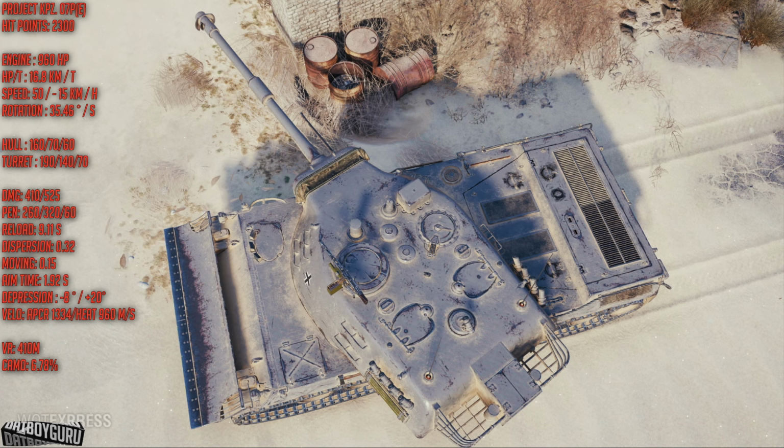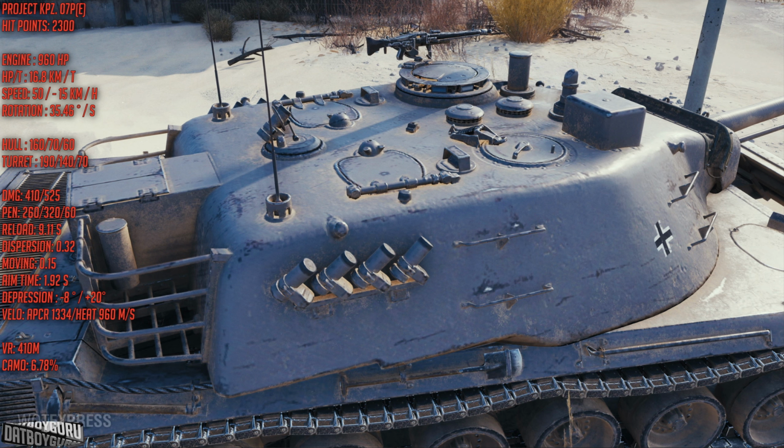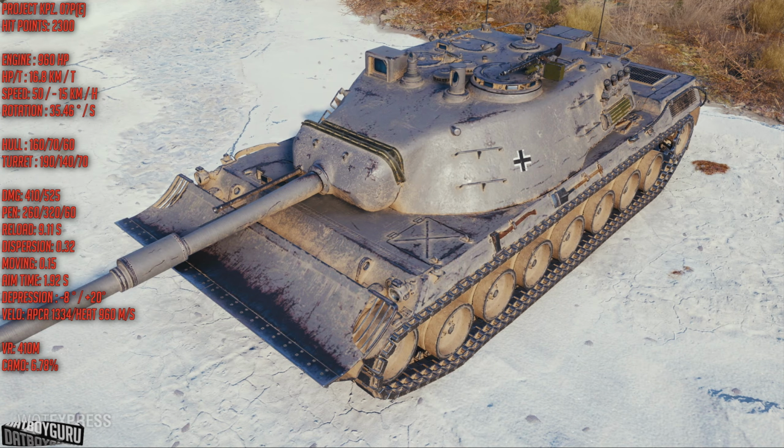But the hull armor was also improved from 140 millimeters frontally. It is now 160 millimeters. Remember, this is also sloped armor. On top of that, there is also a huge shovel in the front, which is going to work as spaced armor. So we are looking at considerable amount of